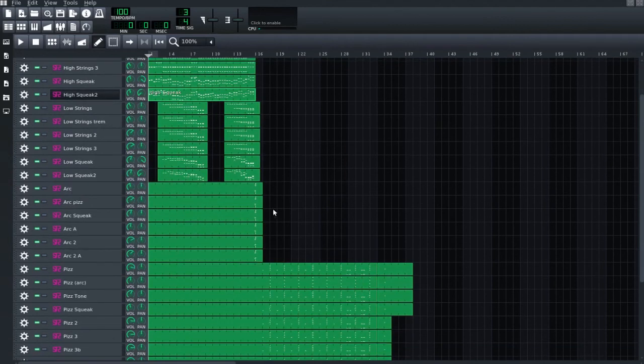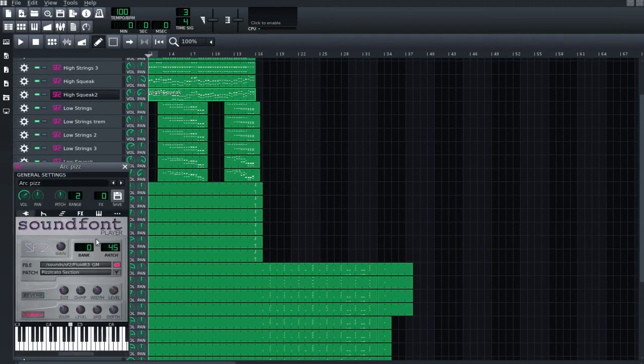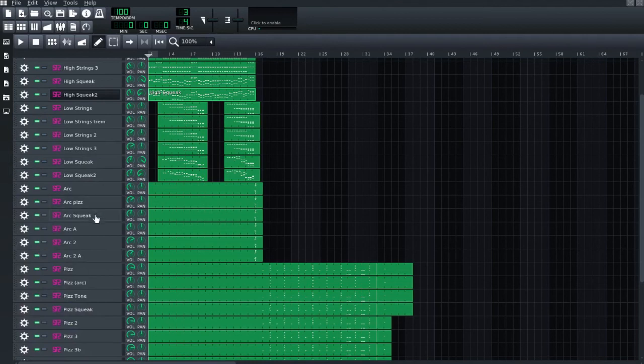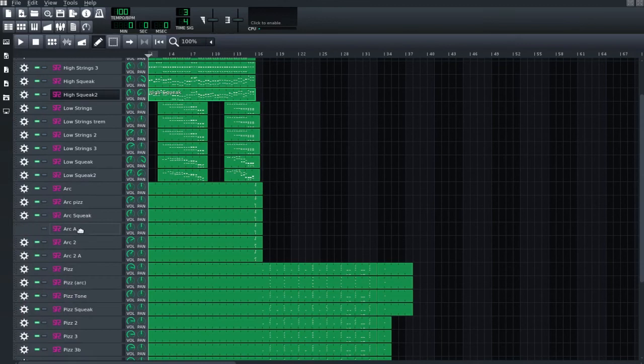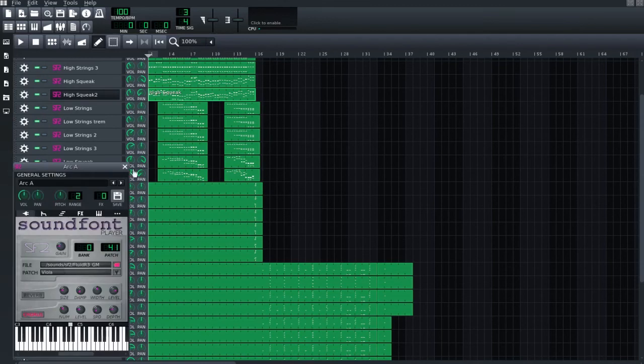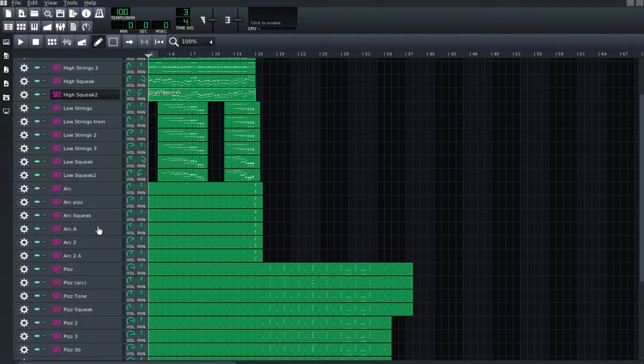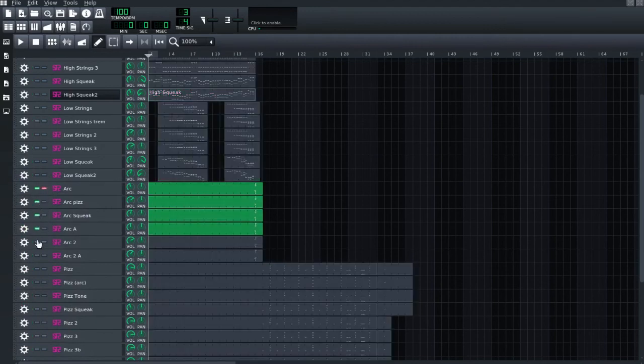Then down here, there's one arco articulation that happens right at the end. What I did is I used some pizzicato sounds. I have the regular pizzicato section. Then I have the squeak sound, the fret noise, applied to it as well. And then I have a couple of different instruments. I have a viola on there, I have a tremolo, and I have a cello, and that's it. So everything's all together there to get this one articulation right here